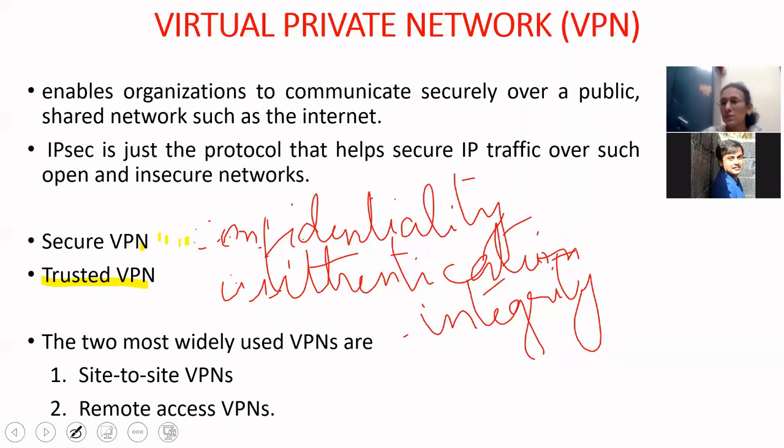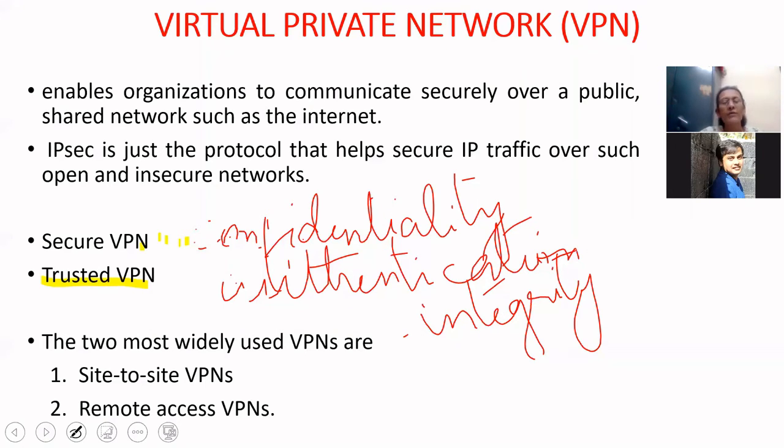Whereas a trusted VPN does not use encryption at all. The customer traffic is not encrypted. So the confidentiality is left to the infrastructure of the service provider. You know that this service provider provides you confidentiality, so you go in for it. It depends on the service provider, but the VPN does not ensure that. So a secure VPN is the one which provides confidentiality, message authentication, and message integrity.